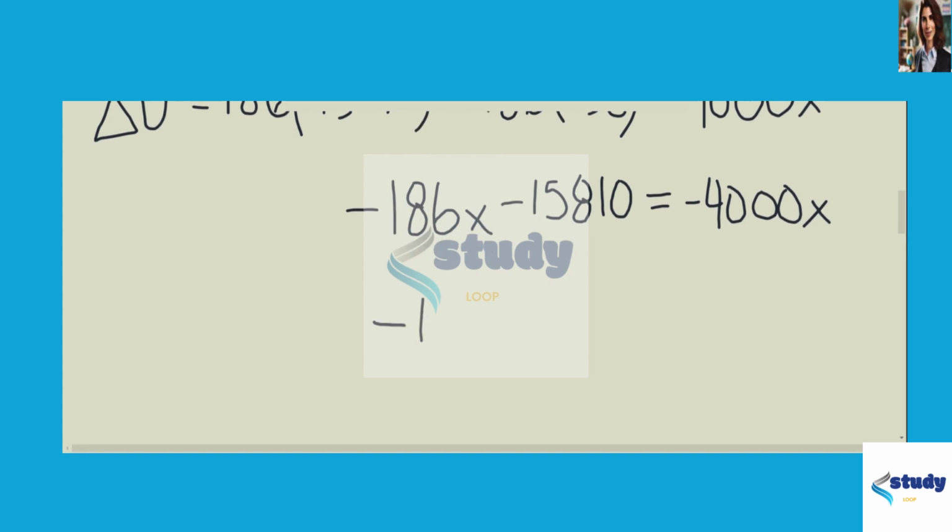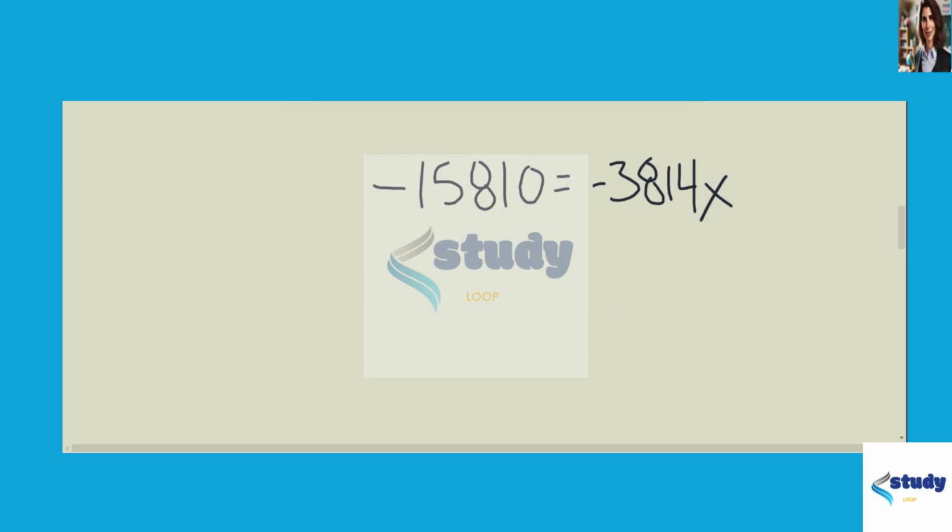That leaves us with negative 15,810 equal to negative 3,814 x. Divide by negative 3,814. We find that the spring is compressed